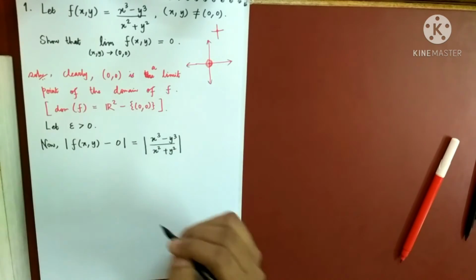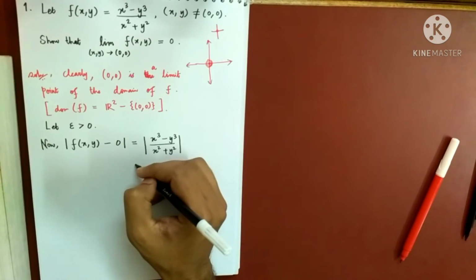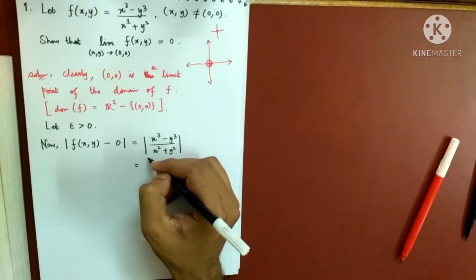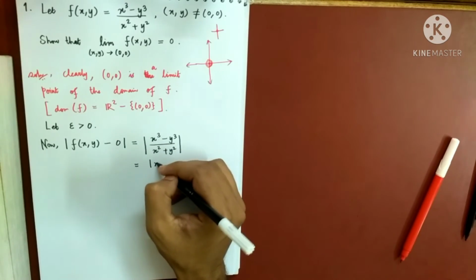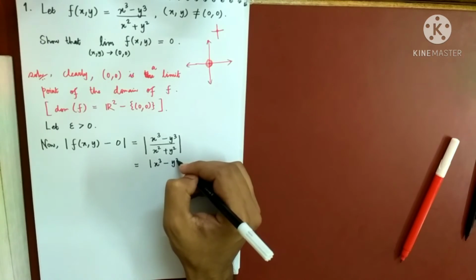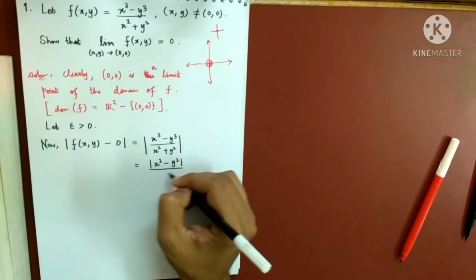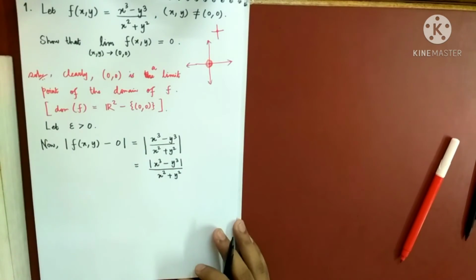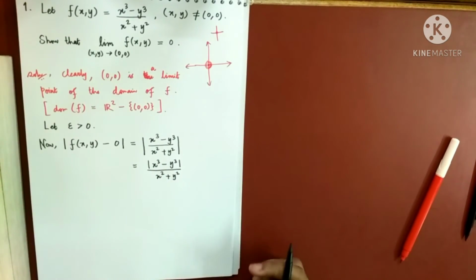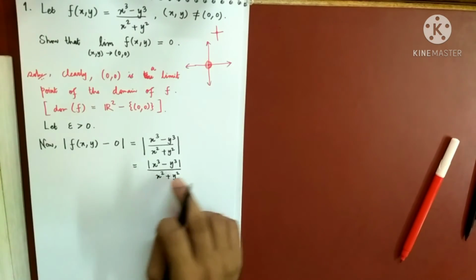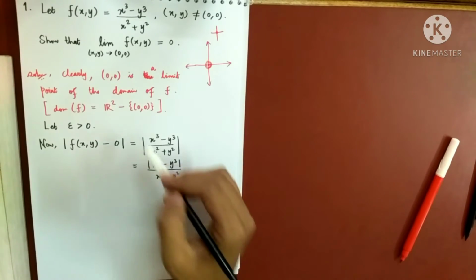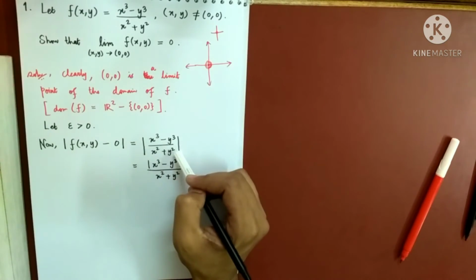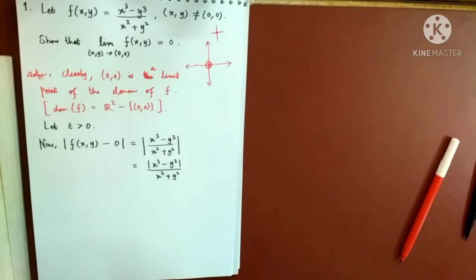Now what I said, I'll be using so many results. Firstly, I'll be using the triangle inequality, right? Now before that, this modulus of a by b means modulus of the numerator by modulus of the denominator. But you see, the denominator is always positive because the sum of the squares of two numbers is always a positive quantity. So no need to write modulus here. So what is my second line? Modulus of this by this, but modulus of the denominator you don't have to write because that is always a positive quantity.